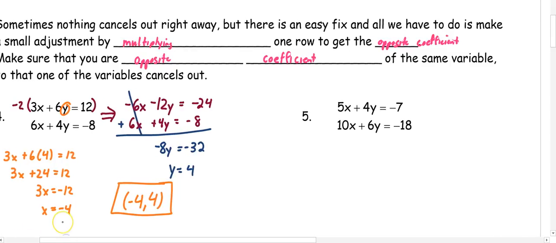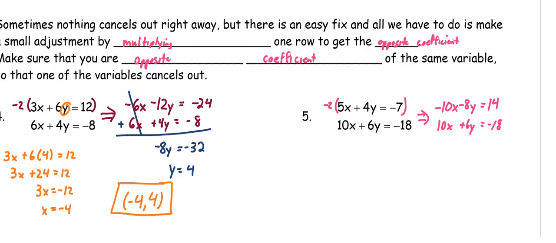Number 5, I have 5x plus 4y equals negative 7, and 10x plus 6y equals negative 18. Well, I know I can easily multiply 5 by something to cancel out with positive 10. So I'm going to multiply everything in here by negative 2 again. So I get negative 10x minus 8y equals 14, and 10x plus 6y equals negative 18. So when I go to add these equations together,